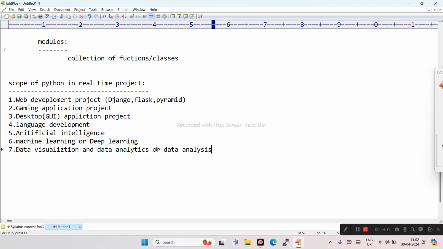For data analysis purposes, we are using NumPy and Pandas. These kinds of modules are available in Python libraries, so in these projects also we are using Python.